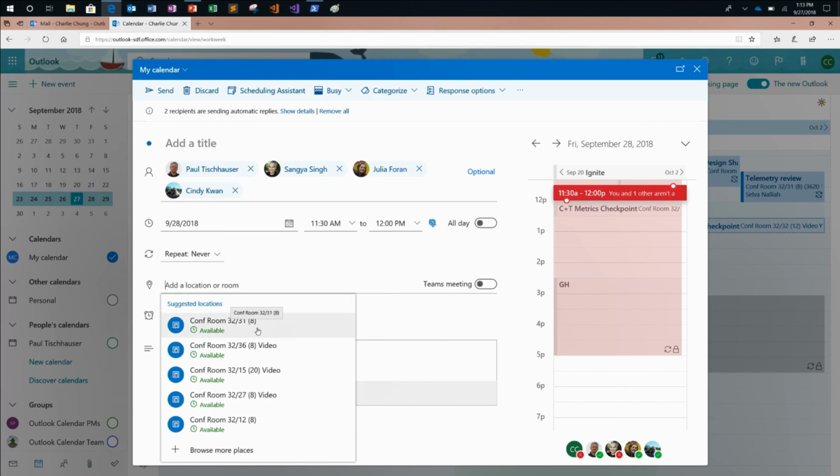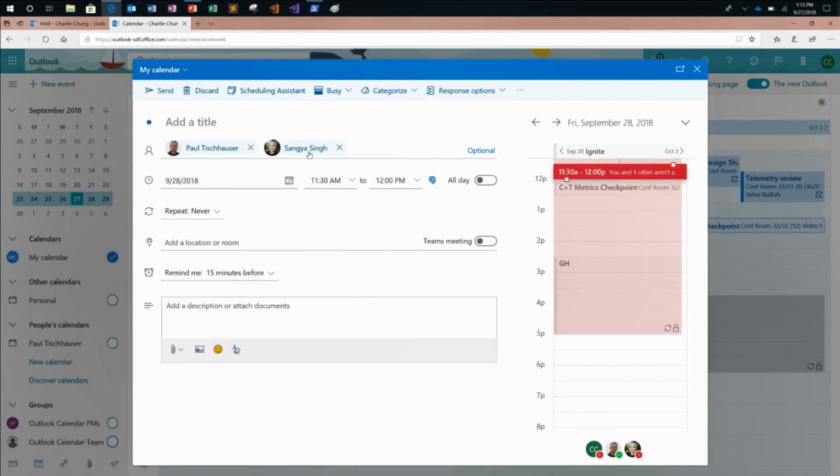But you can see here the suggestion, just to give you more context, the room it's giving you is this room in 3231, which we call our fishbowl room. It's the room that I use the most, and that's why it's always at the top. It's close to where my core office is. But if I remove Cindy and Julia, because it says that they're OOF,